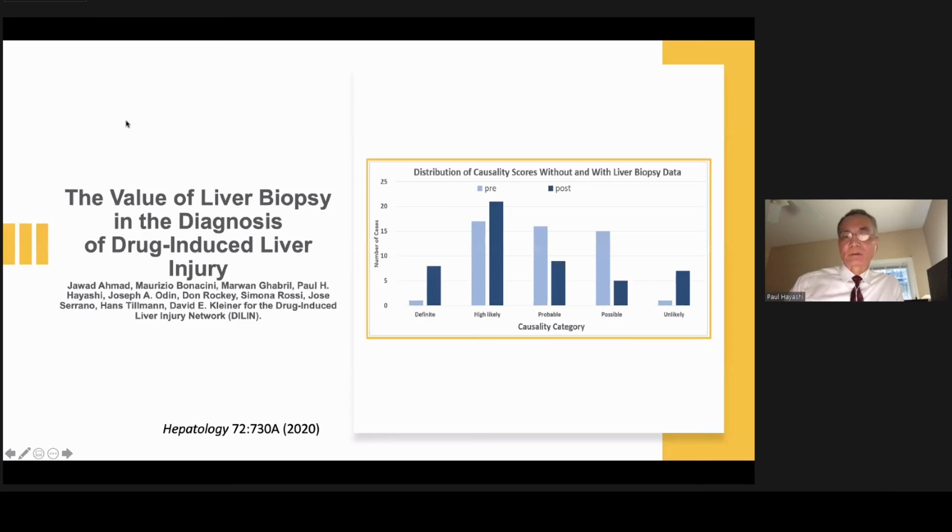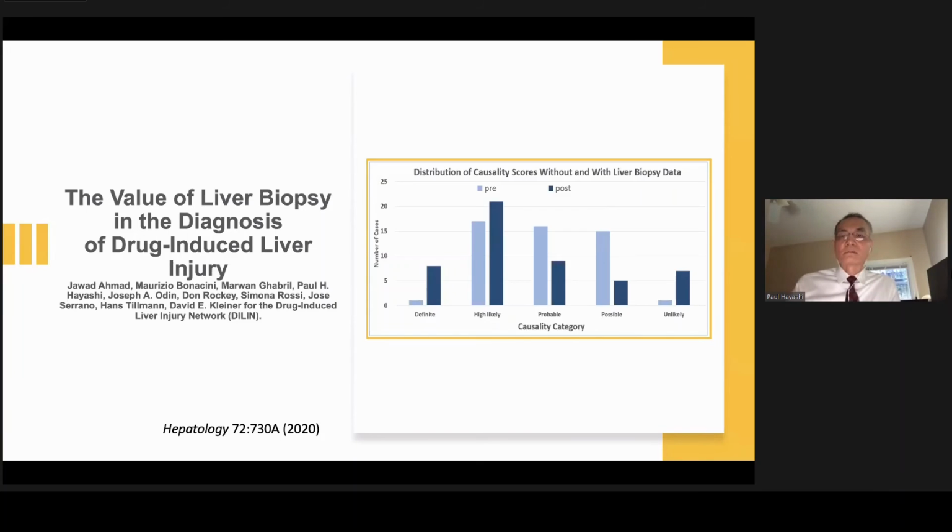Well, what else? What else can help us with these clinical causality assessment tools? I'm going to just highlight a few studies that I think are interesting and important. This was a recent one, again, from the DILI. This was the value of liver biopsy. If you recall, in a lot of now the DILI IQ guidances and things, biopsies are sort of just set